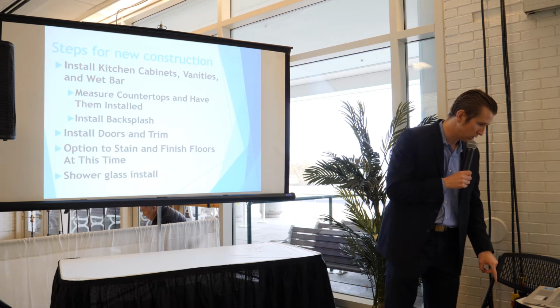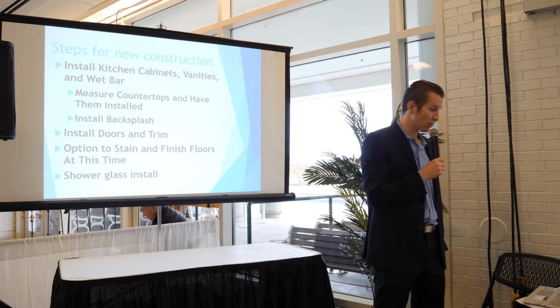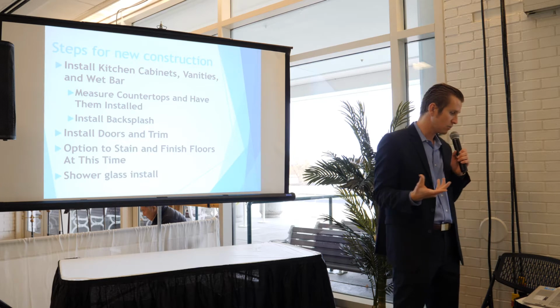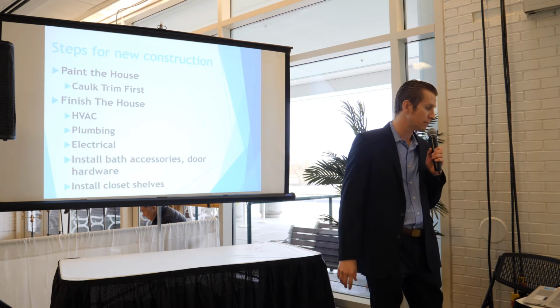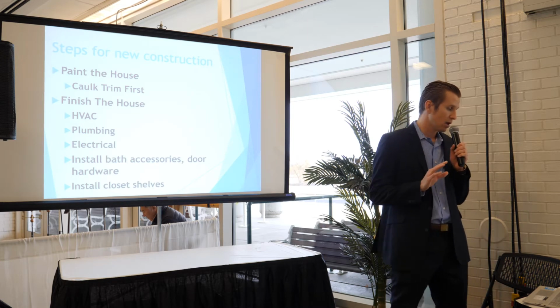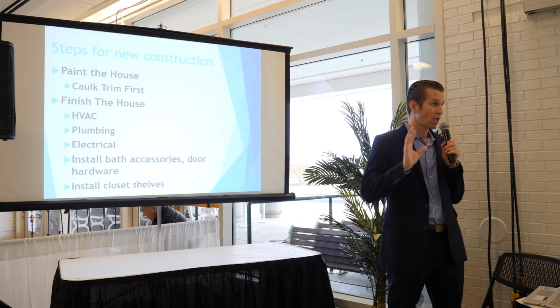And then your doors and trim are going to get installed. And then again, you have the option to stain and finish the floors. At this time, you install the glass shower. Painting the house, you want to caulk the trim. Again,